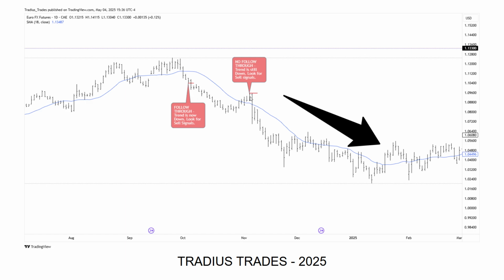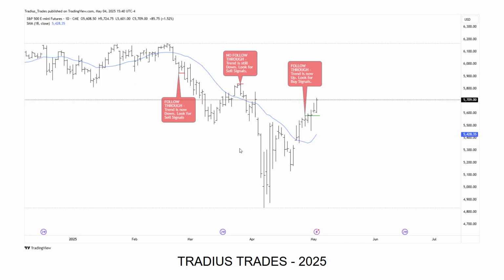Price traded up above the 18 period moving average, 2 bars above, none of which were inside bars. You can't really see on this chart, but this bar did not follow through and go above the high of this bar. So what that tells us is there's no follow through, no trend change. The trend is still bearish. We should still look to work the sell side of this market. And we didn't get a trend change to the bullish side until way over here, 2 bars above. And this is the example I just showed you previously on the previous slide. So let's take a look at another example.